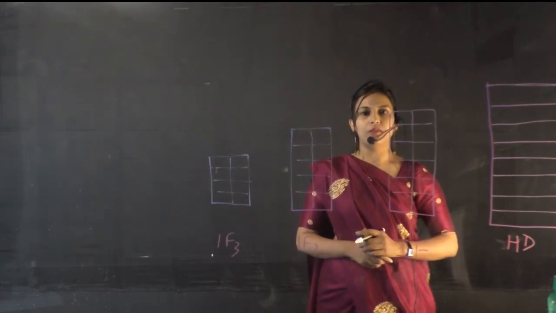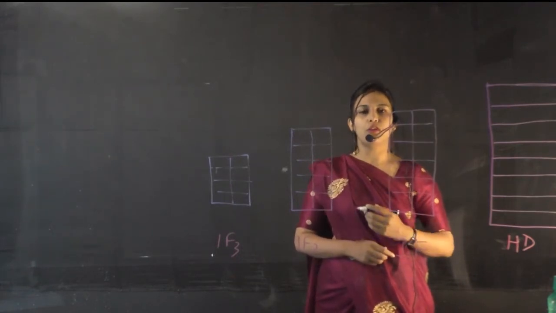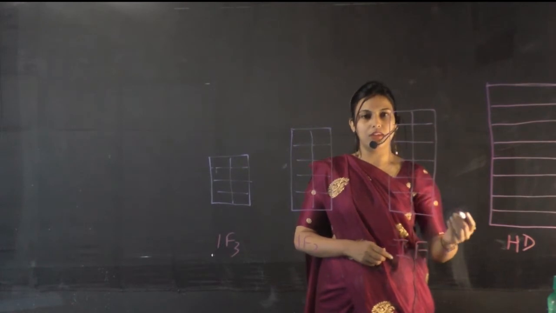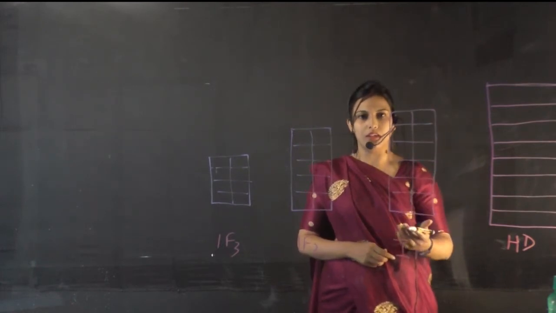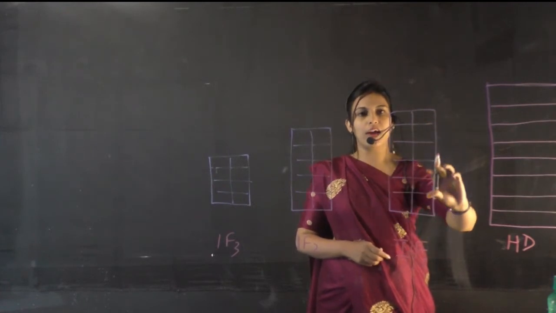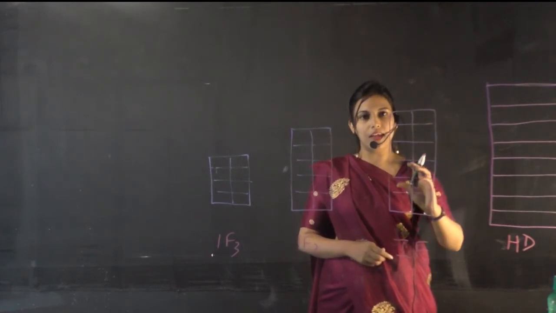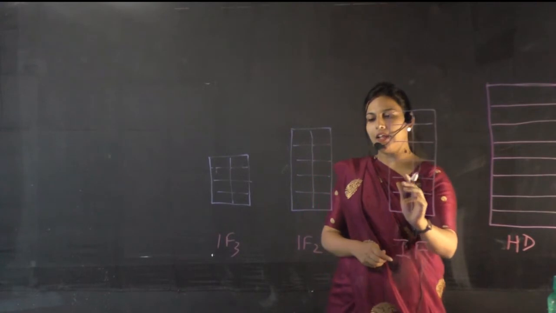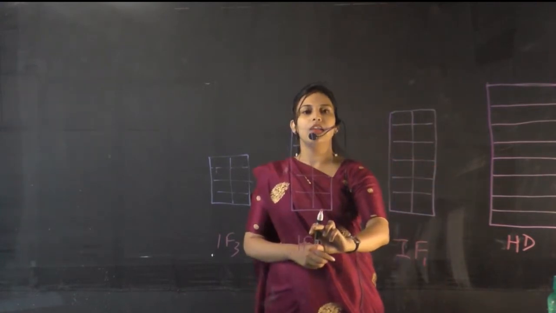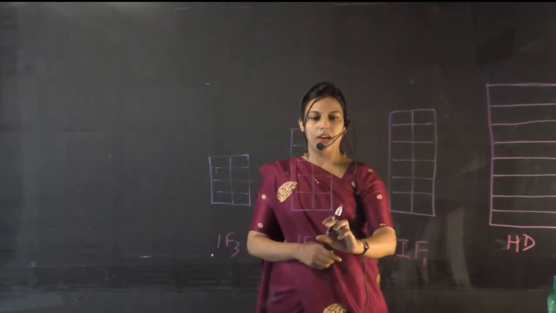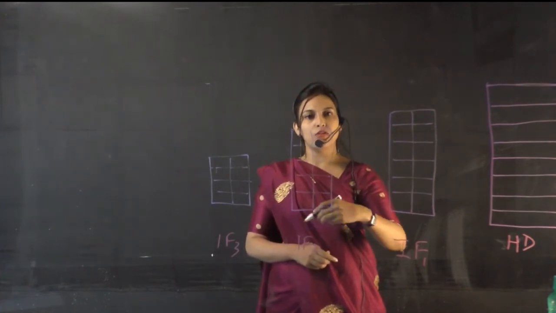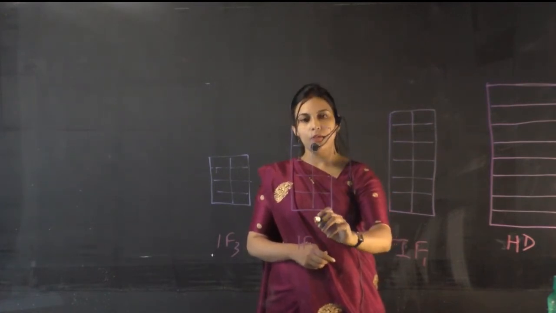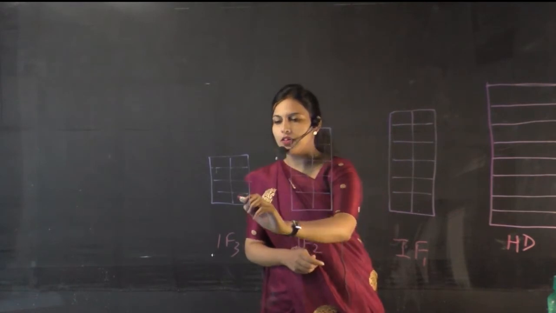Now assume that we are storing thousands of records in the hard disk. In that case, the size of my index file will also increase. So if the index file is very large, then what will we do? We will create another index file for that index file. Now again, if the size of this index file also increases, then again for this index file I will create